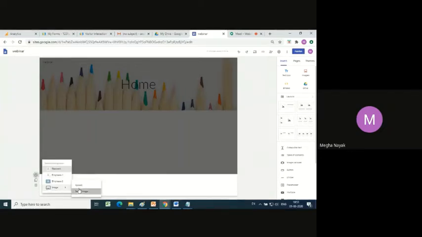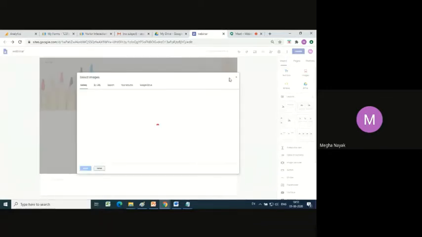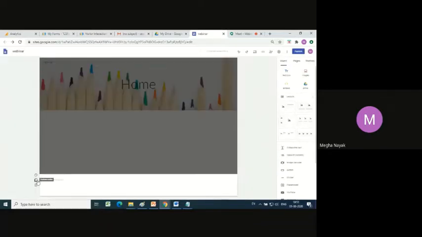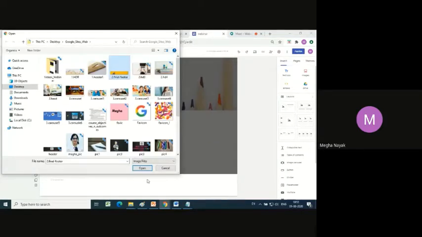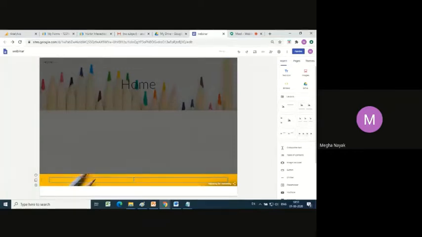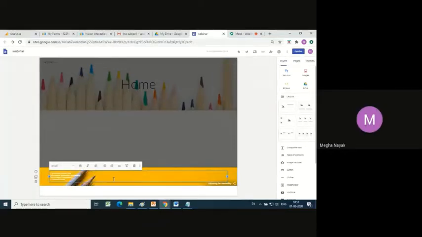I've already chosen some images that I want to put. So I'll click on upload, and this is what I'm choosing, and I say open. So it's adjusting itself, if you see over here. And I'm pasting this text which I've already typed and kept.